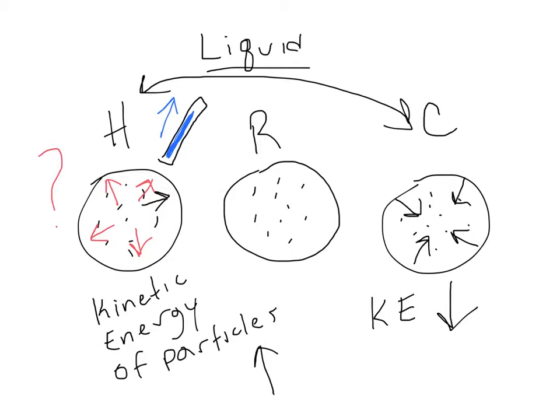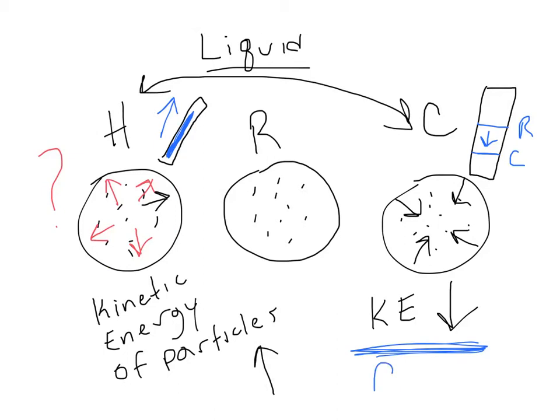And since we only had the little plastic tube to view the results of what happens when the liquid is in the cold water, we saw that the blue started here at room temperature and then it fell down. So maybe it was here for the cold water. Particles didn't disappear. The kinetic energy, the motion of the particles, slowed down, and we call that contraction. So contract